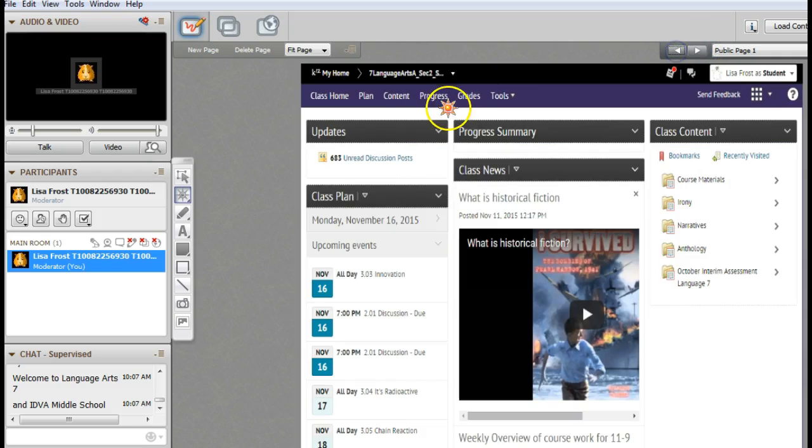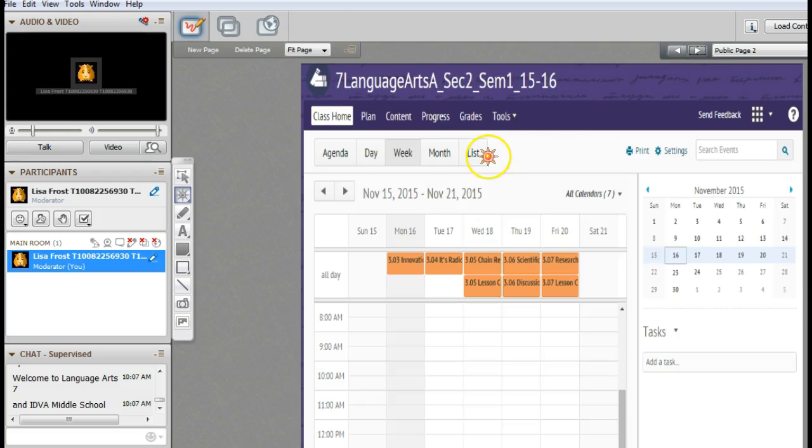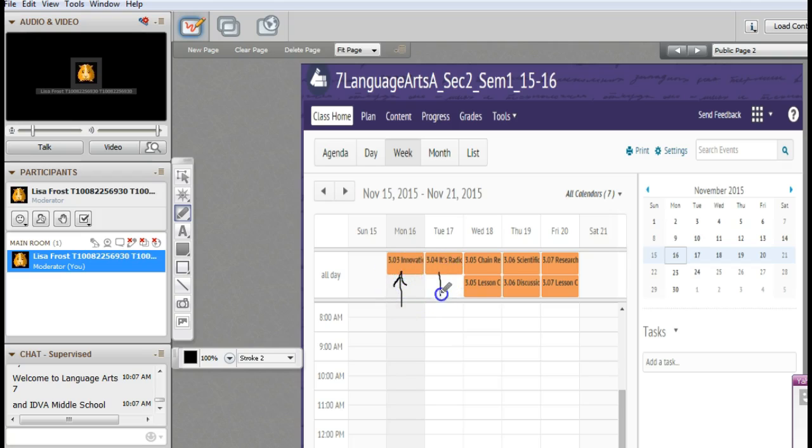So what I did here is I clicked on Class Plan, and it opens up this screen, and now I'm on the week view. This is this week's view. What I want to show you here are the assignments that you need to complete each day this week. You can tell how many parts of a lesson you have on each given day. On Monday you have lesson 3.03, Tuesday 3.04,